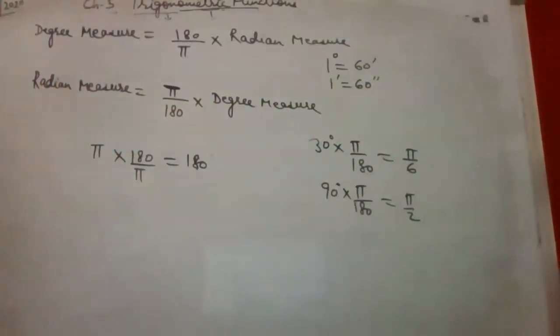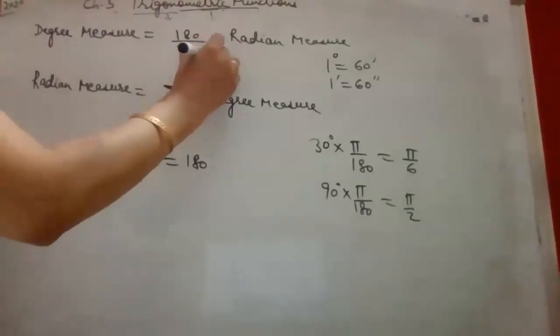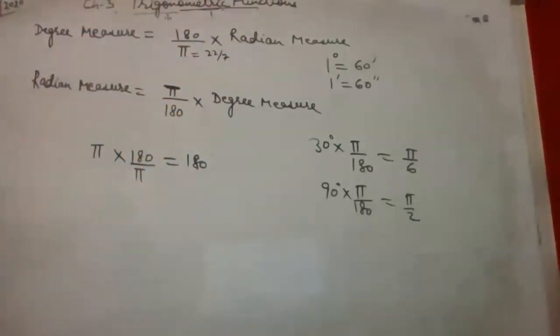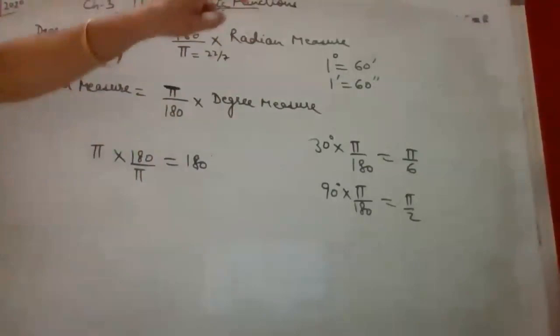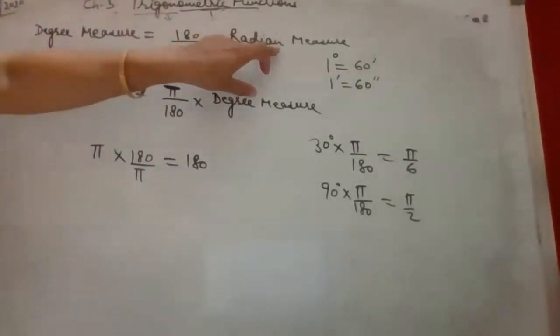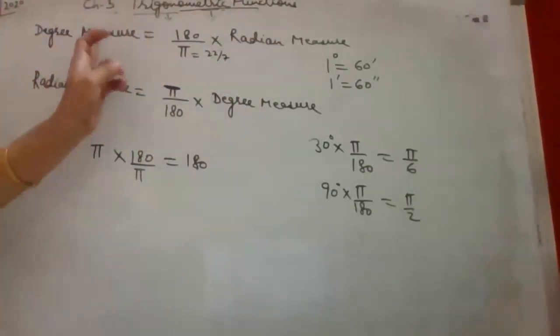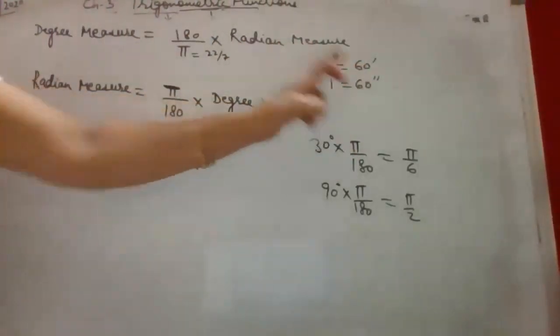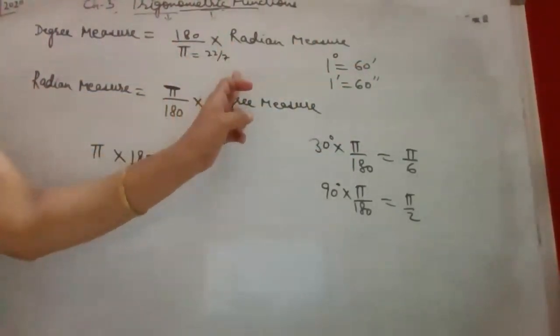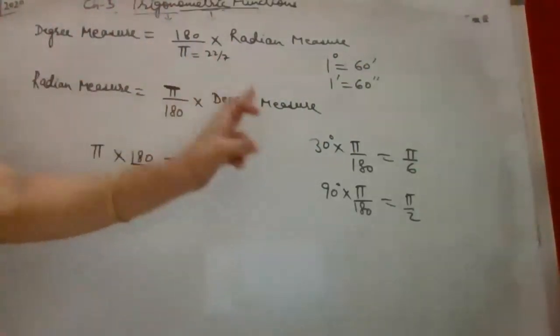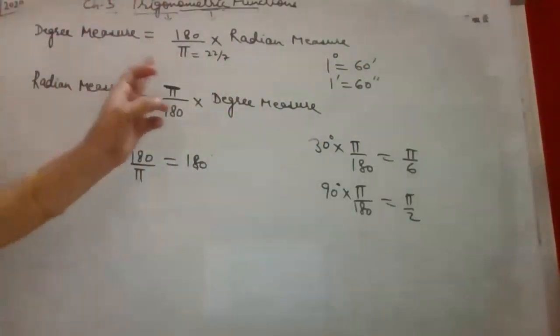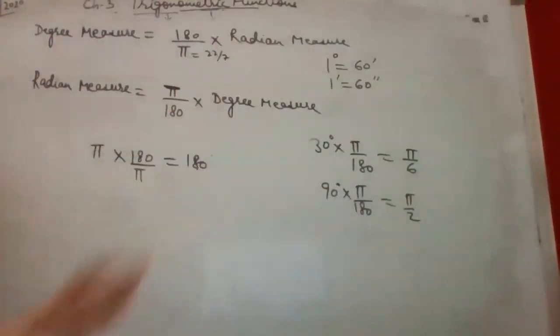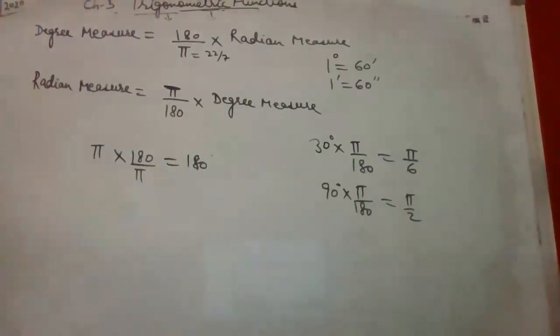So in that case, you have to put the value of pi as 22 by 7. So what I want to tell you is whenever you need to convert radian to degree, the degree should be in terms of degrees, minutes and seconds. You put the value of pi as 22 by 7 there. Whenever you need to convert degree to radian, the answer will come in terms of pi. Okay. So let us see. Let's take an example. We are taking some questions of your exercise 3.1.